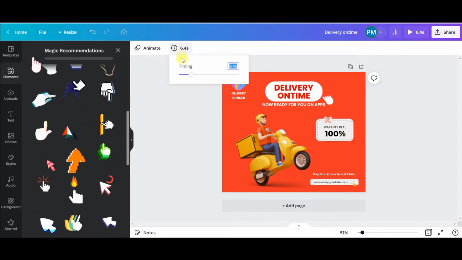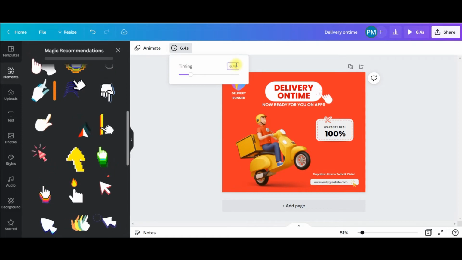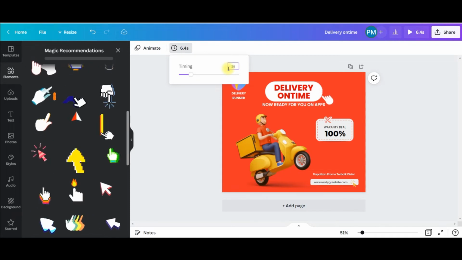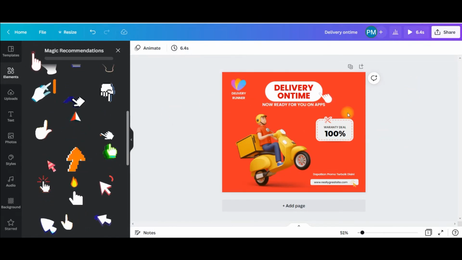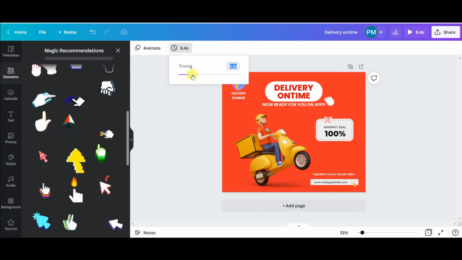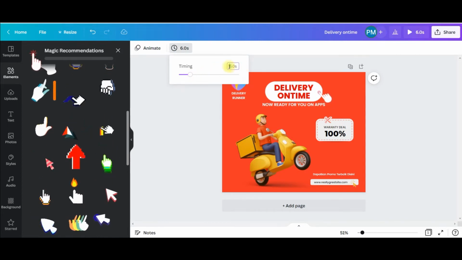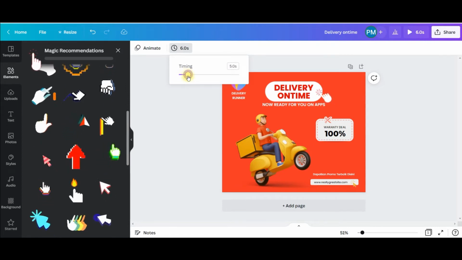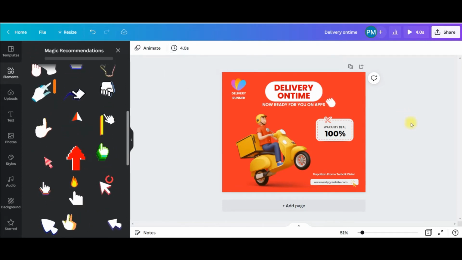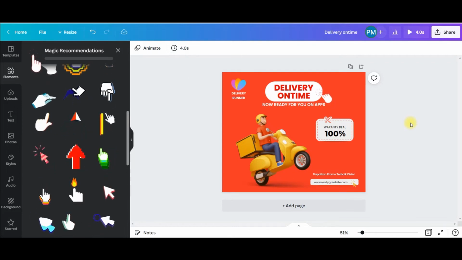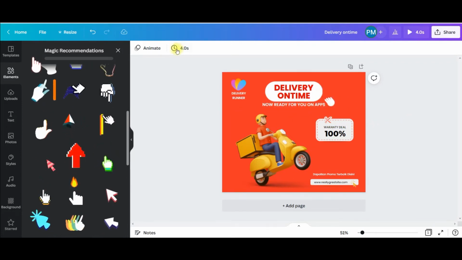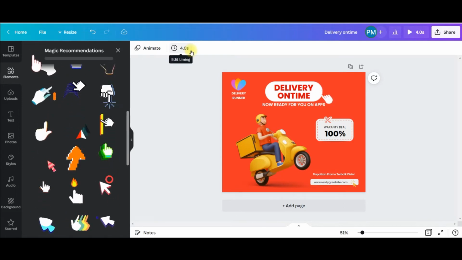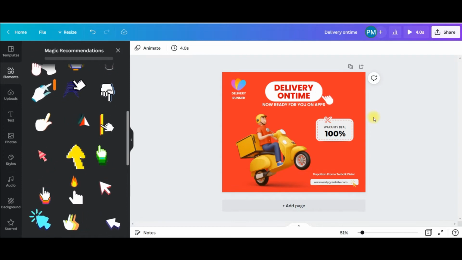Now I can just click on this and change it. If I don't want 6.4 seconds, I can make it 5 seconds or even 3 seconds and then enter. And you just need to drag it. At times it does not take from here and you cannot change it, so you need to just drag this scroller a little bit. Suppose I keep it 4 seconds and let's see how it looks, right? So this is how you can change this. This is one way of getting animated elements in your post and giving it a new dimension.